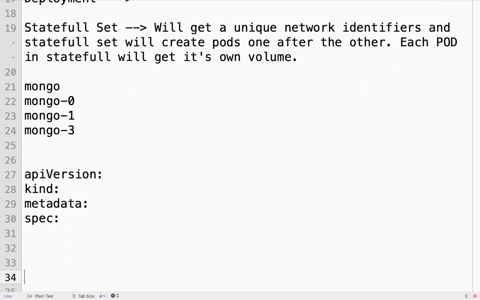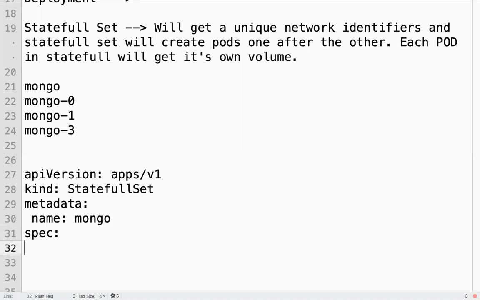For a stateful set, the API version is apps/v1. Kind, what kind of object you want to create? StatefulSet. Metadata, name. So this is my stateful set name, Mongo.